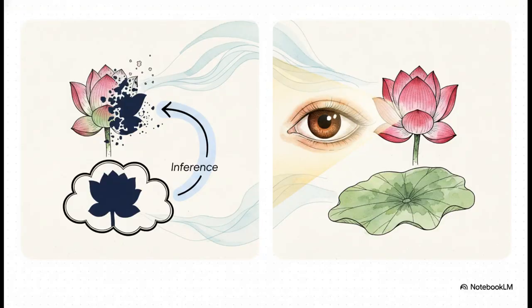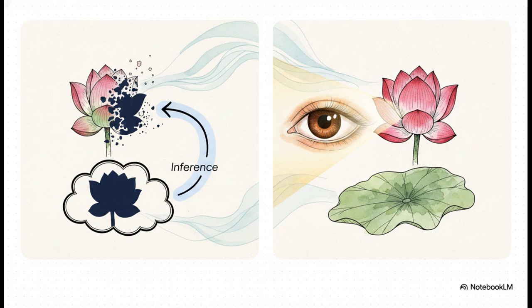Next up, the epistemological divide within the realism camp. Now, both of these agree that the external world exists, but they argue over how we actually know it. Lock this in for your exam. Santratikas rely on the inference of external objects. That's Bahya-Anumeyavada. They argue that the object leaves a representation on your mind, and then you infer the object from